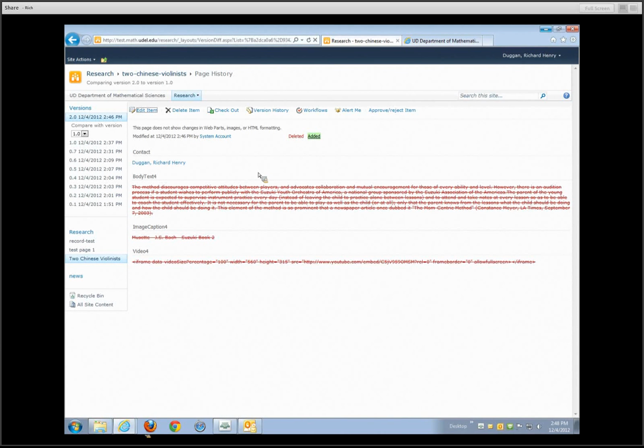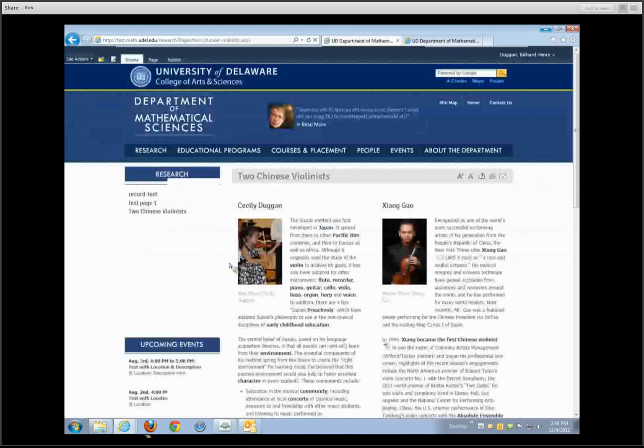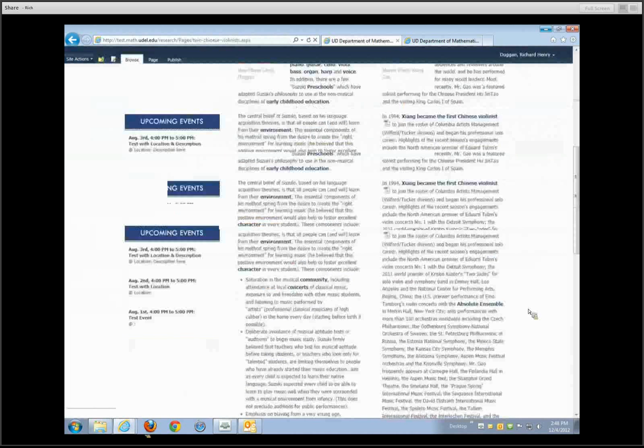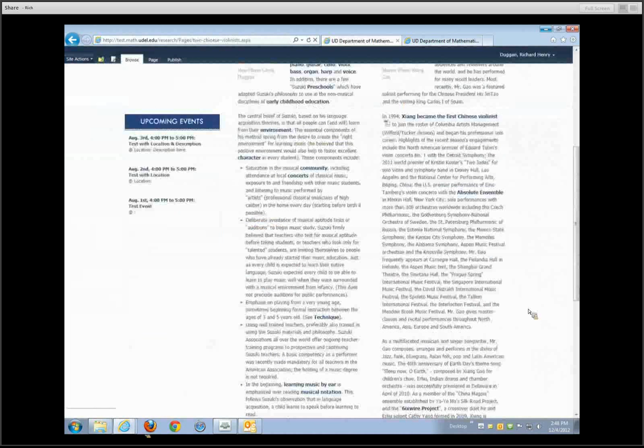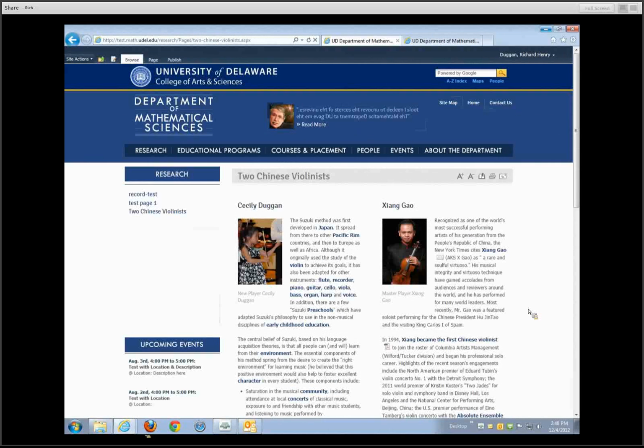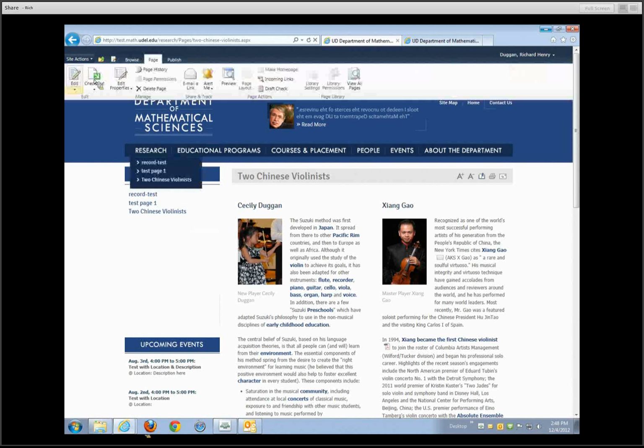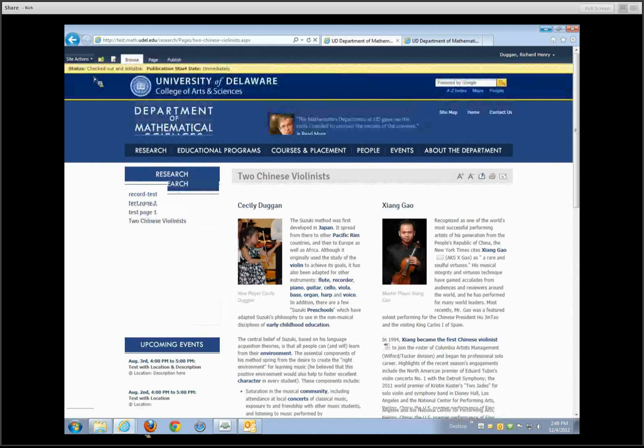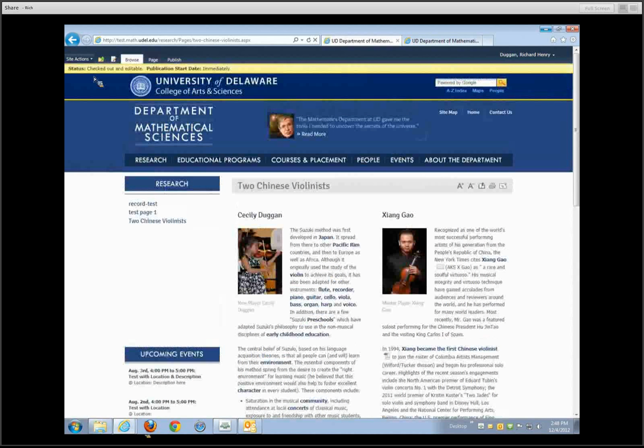But the cool thing here is you can keep going back to this page and making little tweaks while it's already been published, and then publish a new one when you're ready. And if you want to work on something for 5 days, you can just go over here and say page, check out. I'm not editing it, but now nobody else can touch it. It's mine. I can edit it whenever I want. I can come back here. I can say edit,